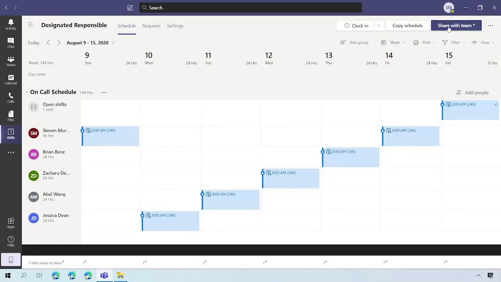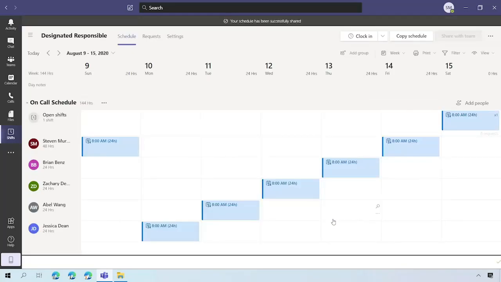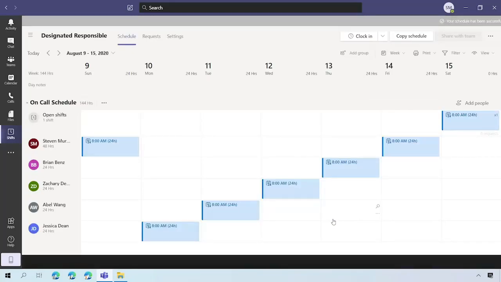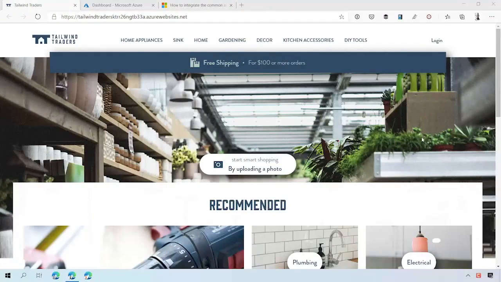And once I do that, I can decide what details I want to share or lock in. I can go by date range. I can share just one of the weeks we've created. I can share both of them. I can choose to share notifications with the entire team, or only those that may be affected by this change, for example, if 2 people swapped shifts. Once it's shared, now we can say that the schedule is officially locked in, and we can begin leveraging it for our other automation. Here we have our Tailwind Traders website, and if we click on our second tab here,